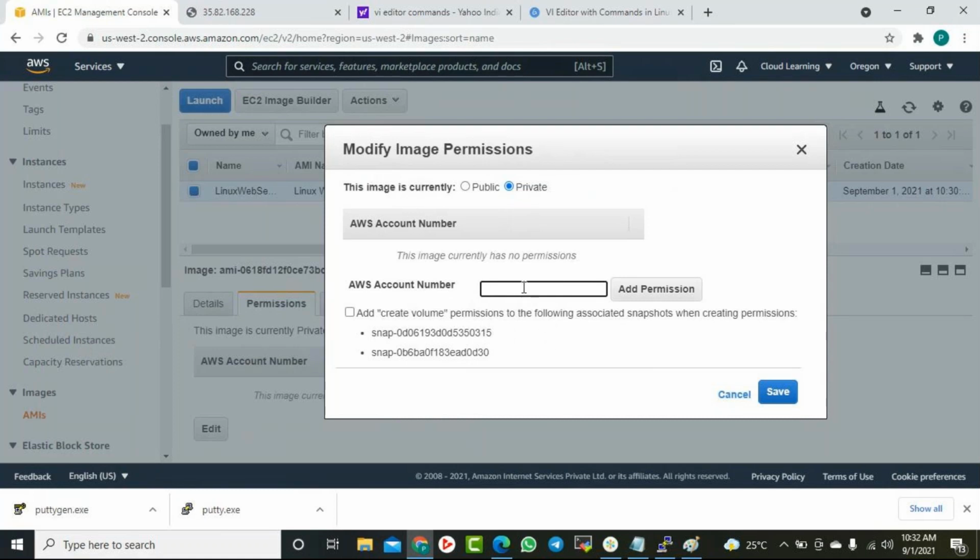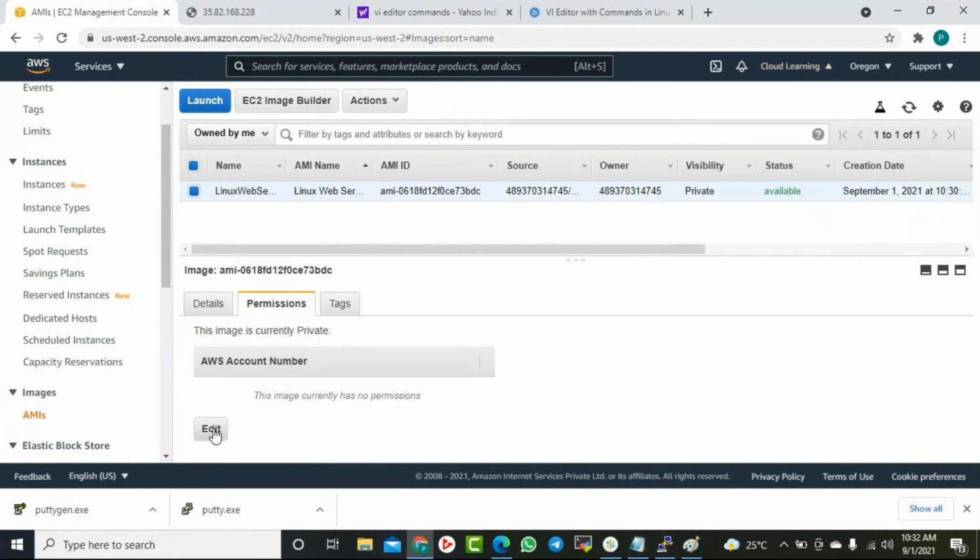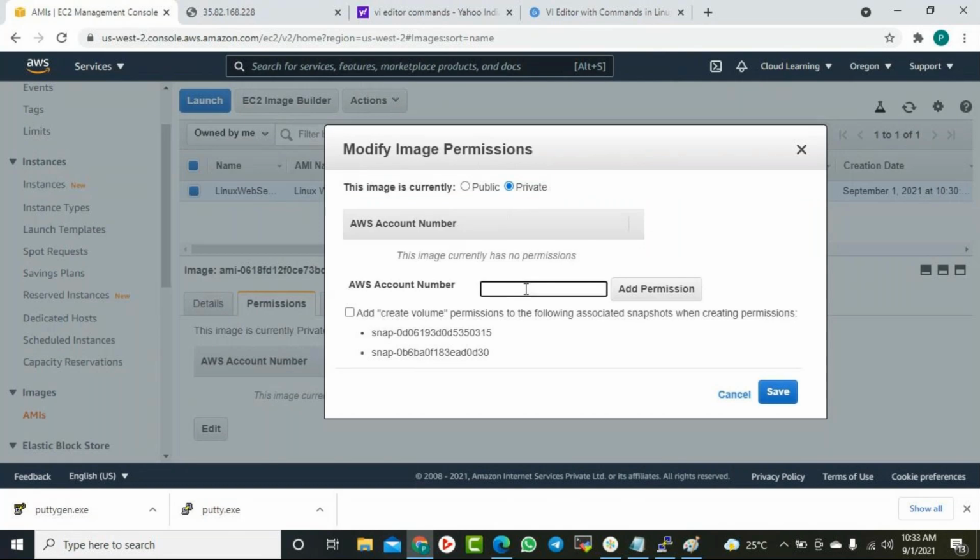But here I am giving permission to another account. Suppose there is a different company, so that company's account number we need to add here. You need to go to that company account and copy that account number. Or maybe I want to give permission to your account, suppose you are a different company. So here I am giving permission to another company, not the same account.